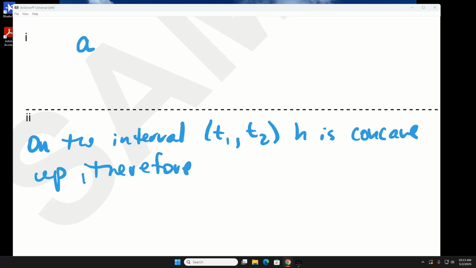All right, therefore, the rate of change of H, rate of change